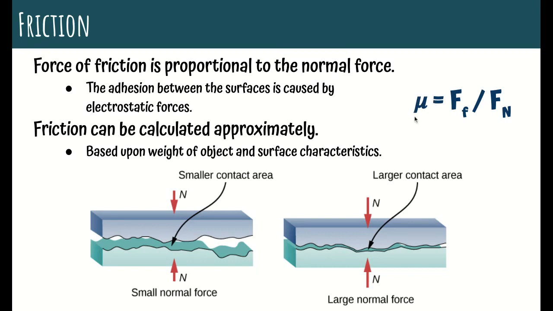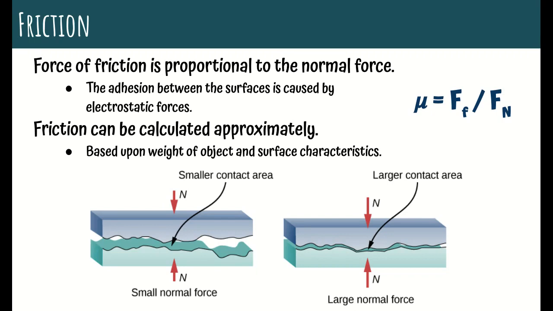This doesn't have a subscript of S or K, so we don't know if you're specifying static or kinetic friction, but in general, the coefficient of friction will always be the force of friction divided by the normal force. So you should have been able to calculate that last class based off of the peak of pulling your object versus the force that was required to keep it moving. So friction can be calculated